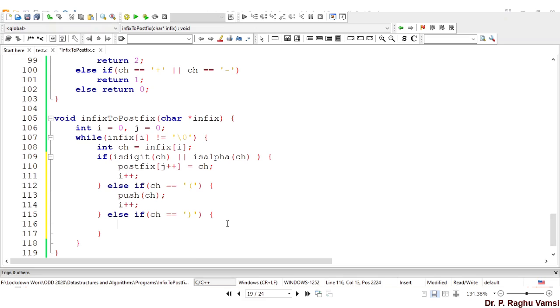So we are supposed to check whether the stack has the bracket open, and we need to pop all the elements till the bracket open is reached. So for that, we need to check while not is empty.